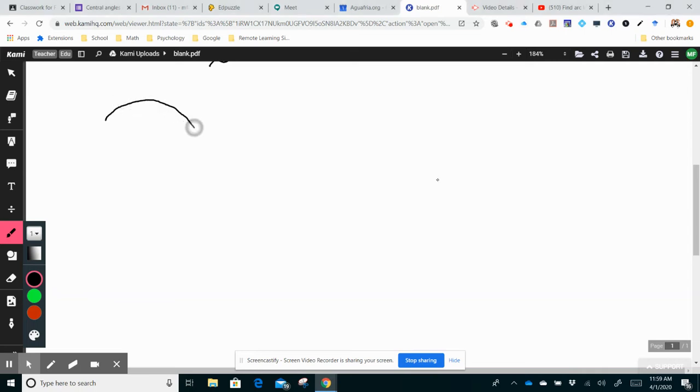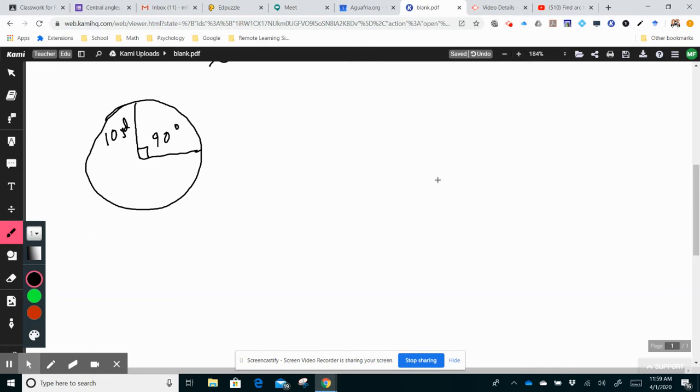So if I draw a circle, I'm going to draw a 90-degree central angle, so 90 degrees. And then let's just say that the radius is 10 yards. Okay, so what we're going to do is we're going to basically take the part of the circle,